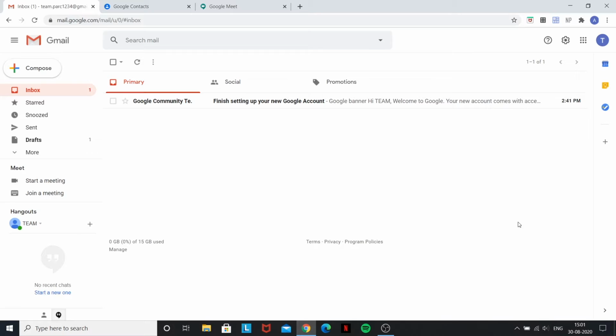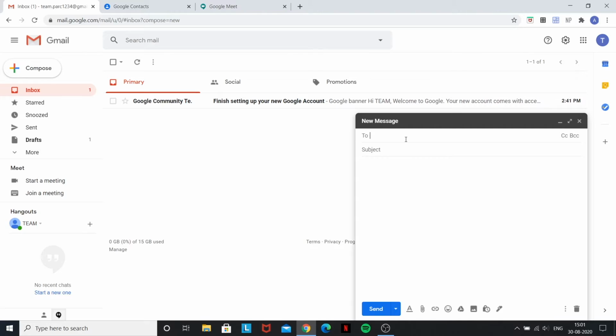So the first feature we're going to discuss is composing an email. It's the plus button on the top left corner that says compose. So you should just click that and it opens up a box on the right. So the first column is To, then there's CC, BCC, subject, and then your content. So To will be your primary recipients, the people who you are sending this email to primarily.